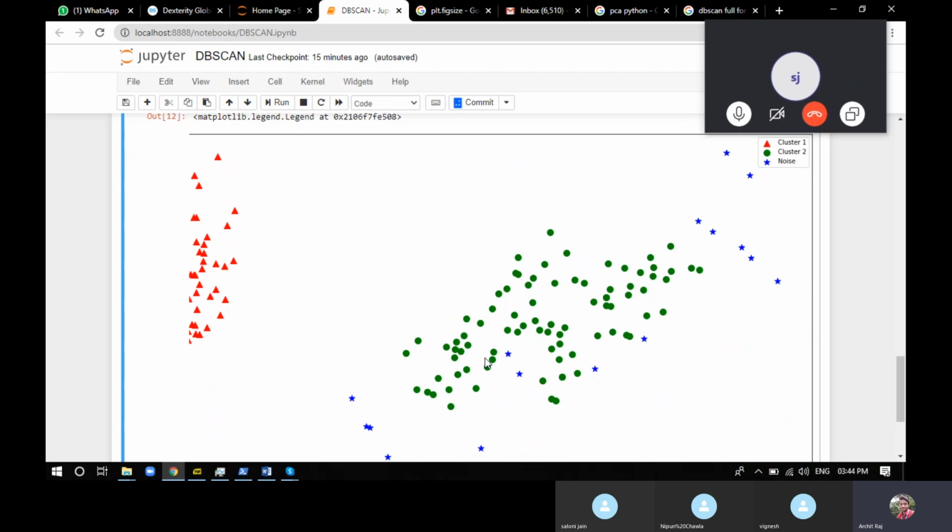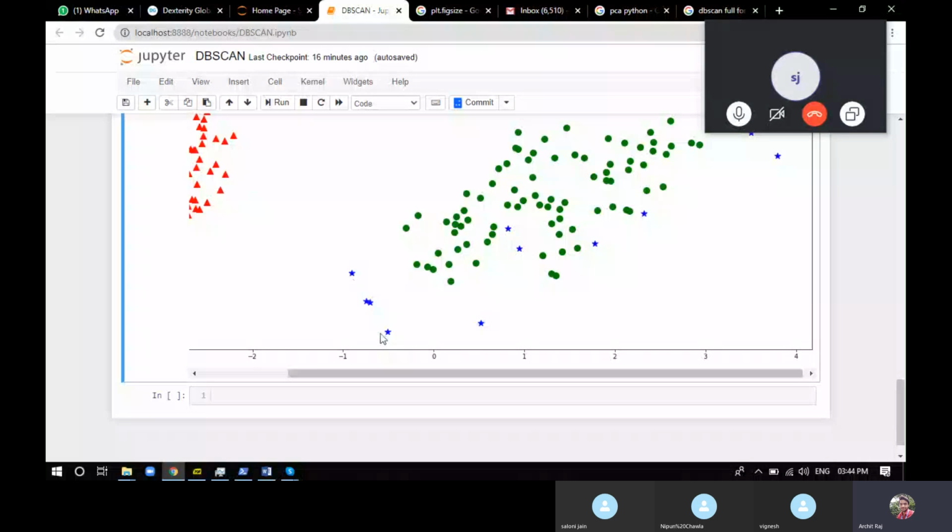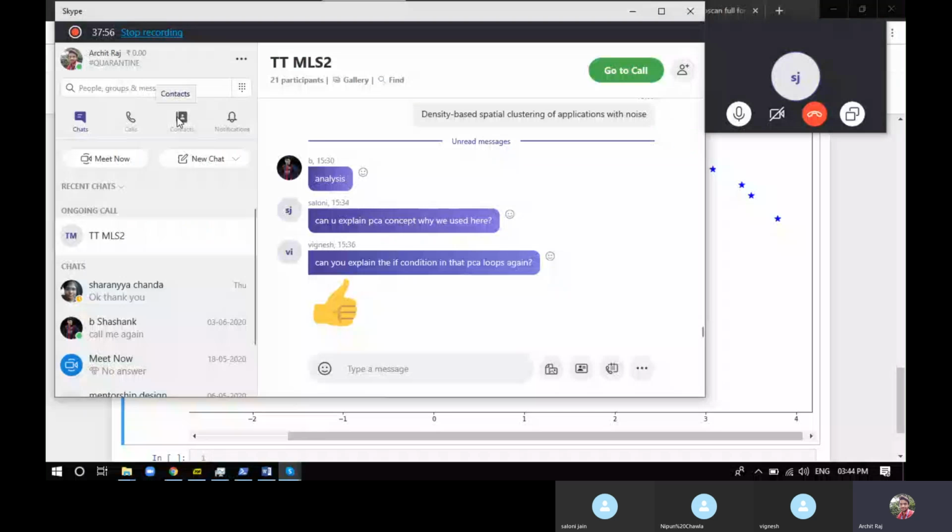So this is one of the small disadvantages of DBSCAN, that sometimes a border point is considered an outlier. This is the same thing that happened here also. This particular point has been considered an outlier even though you can see that it is not. These points are outliers, convincing. This particular point is an outlier, highly convincing. But this particular one is not an outlier, but still it's considered an outlier. This is one problem of DBSCAN. So this is everything about DBSCAN. If you have any doubt, you can ask.